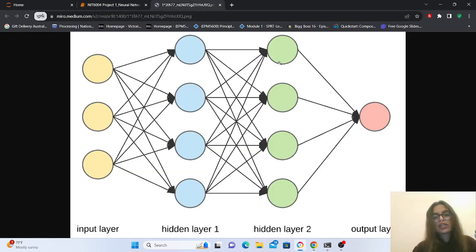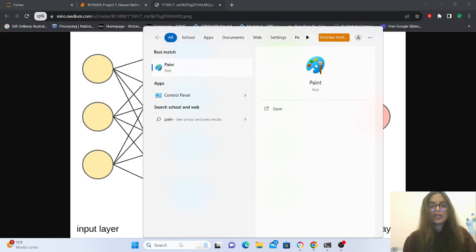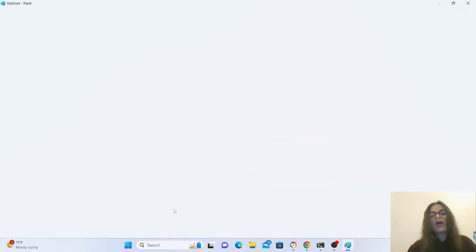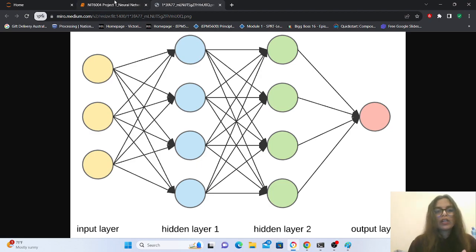You can consider that layer as a dropout layer. I have added that layer for regularization. Now what is regularization? You can simply say we add a small error to avoid the overfitting problem. So let's take an example. I am opening Paint. For example, what is overfitting called? When a neural network